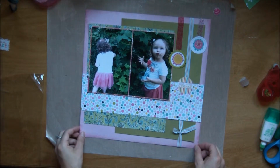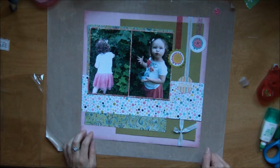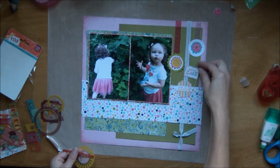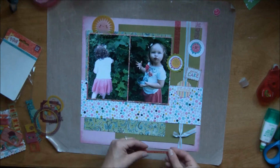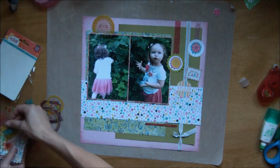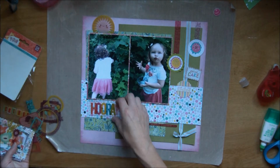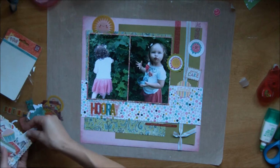So the next thing I guess I better do is come up with the title and look for some embellishments to go on there too. Along with this basic gray RSVP line, there is an embellishment pack of ephemera that has die cut pieces and also some transparency pieces. So it's the first time I'm going through it. Oh my gosh, what do you say when you see berries growing in the wild? Hooray! Anyway, anything that I see that I like, I'm going to go ahead and stick down,